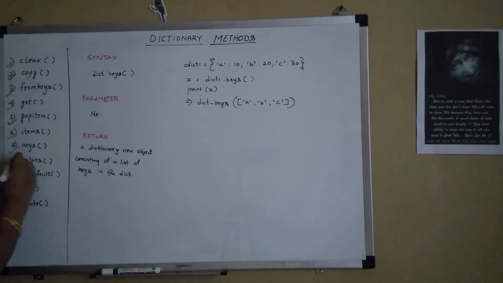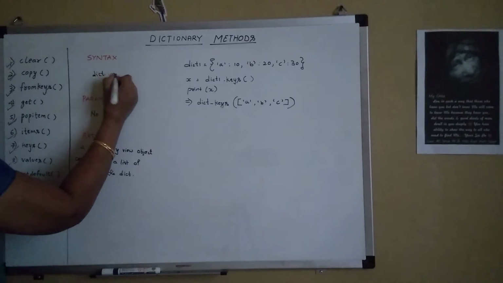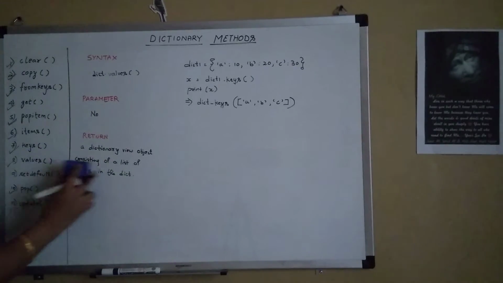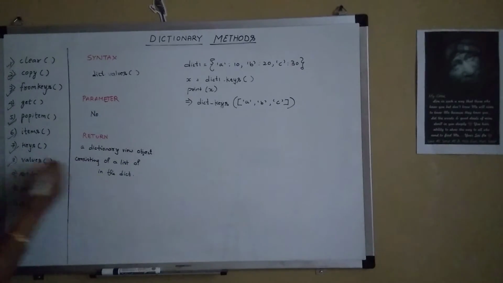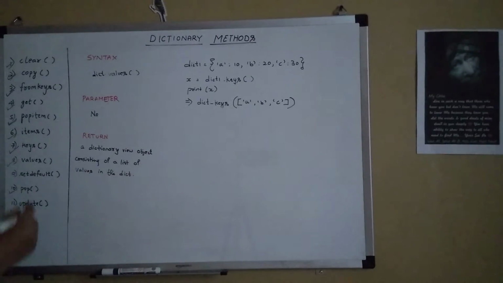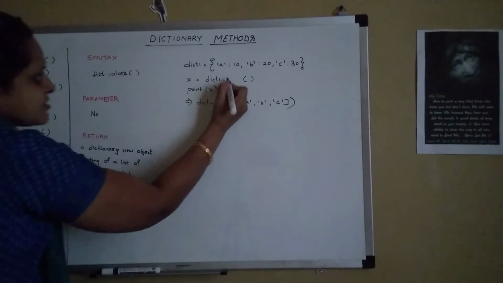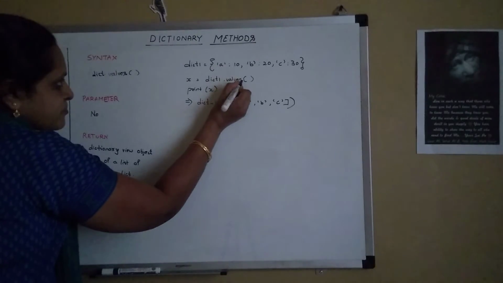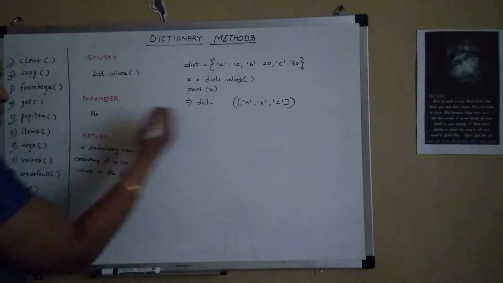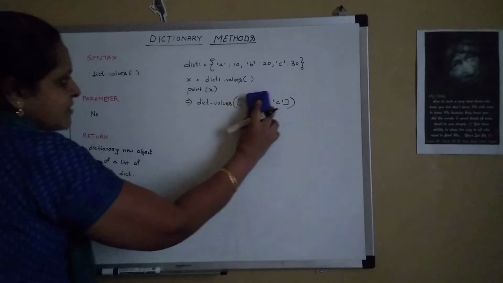Now let's move on to the values built-in function. The syntax is dict.values. No parameters. It returns a dictionary view object consisting of a list of values present in the dictionary. So this is my dict1, and now instead of keys I give values. Print x, it will give a dictionary view object called dict_values, which comprises